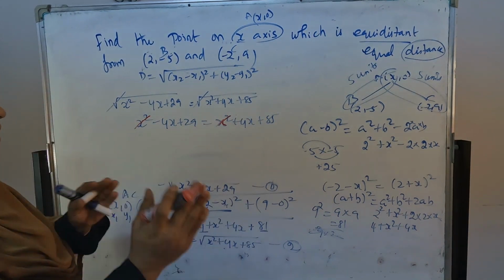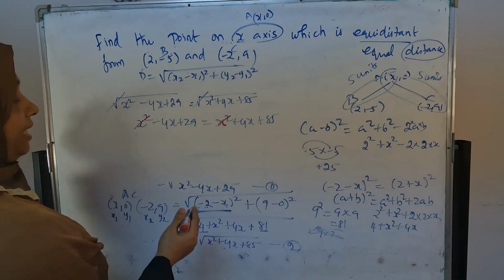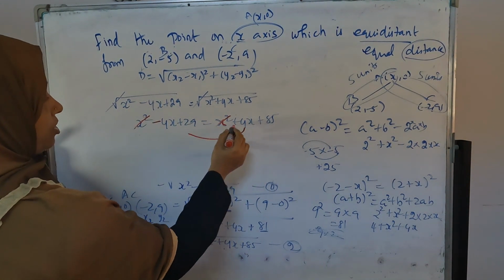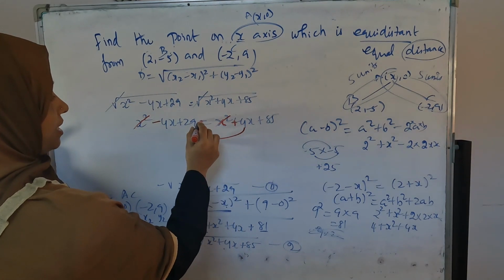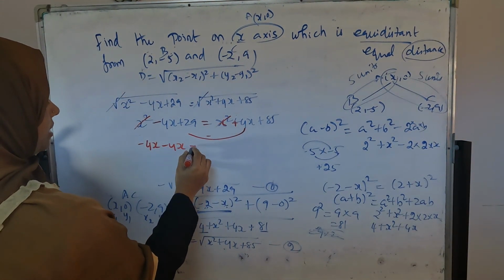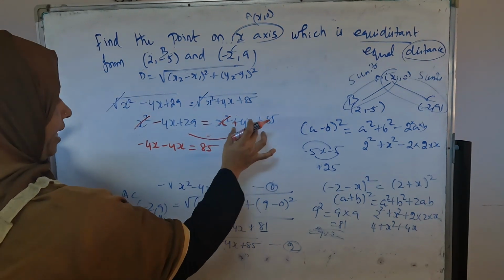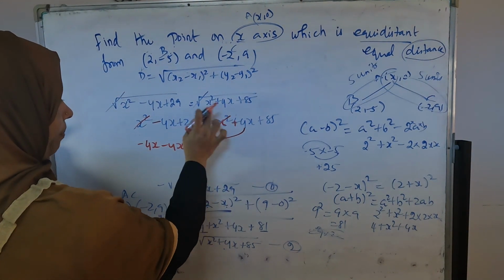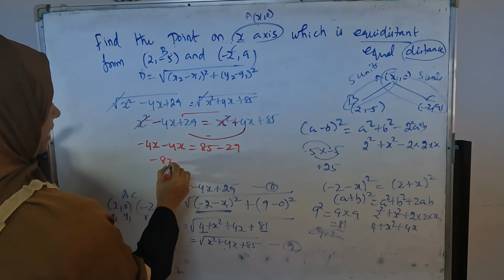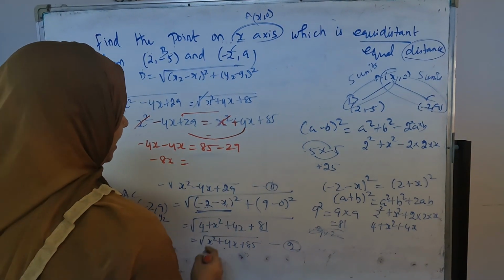Now you start to shuffle the like terms. Here minus 4x is there, so bring this plus 4x also here. This plus is crossing the equal, that time minus. Minus 4x is equal to 85. 85 this side, first I am writing 85, plus 29 coming this side is minus 29. It is minus 8x. Now 85 minus 29 is